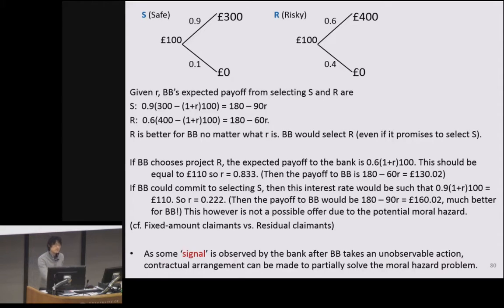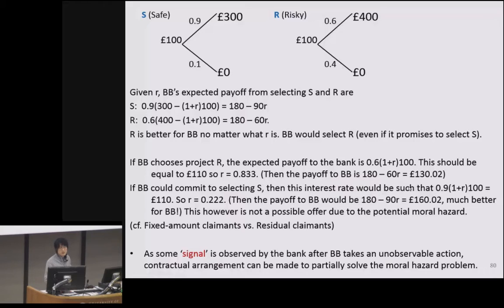What if Brown Bakery could commit to selecting the safe project? Let's say if the project choice was observable, Brown Bakery could sign a contract with a loan covenant, right? Which says that if the company tries to select the risky project, then immediately the bank can call back the entire loan, something like that. If Brown Bakery could somehow commit to selecting the safe project, they cannot, but suppose they could,